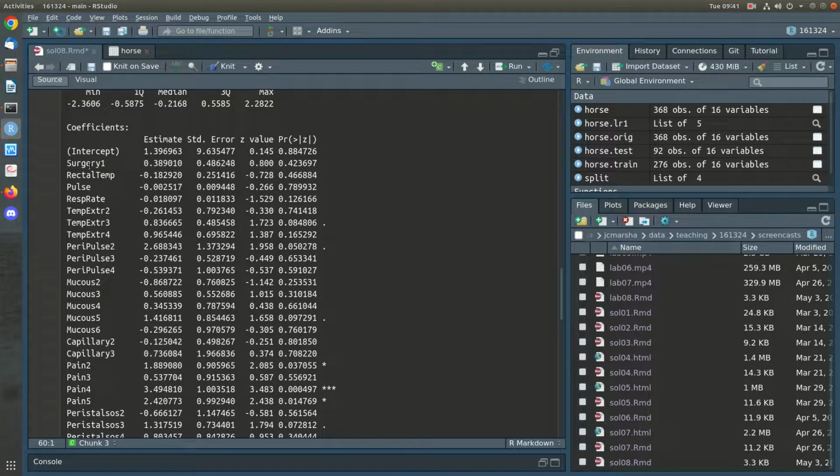So some of the horses, if their colic was particularly bad, perhaps those are the ones that are selected for surgery. And so the fact that they died may be an underlying measure of the severity of the disease, rather than a consequence of surgery. Okay, so this is suggesting that if the horse doesn't have surgery, they're more likely to survive, but that may just be the underlying